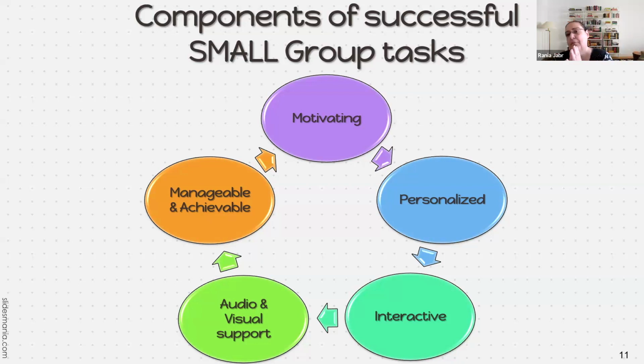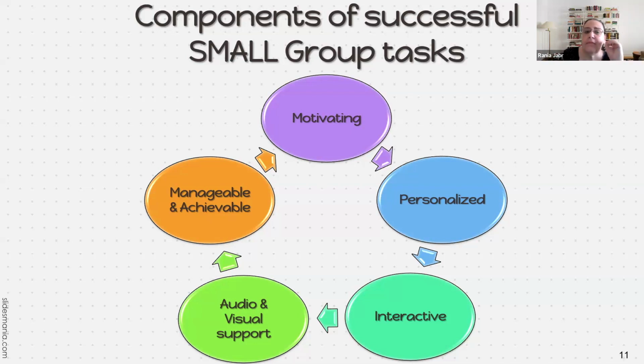The group tasks are interactive. So when I notice that some group is quiet or there's a lull, I do go over to them and try to see what's going on and figure out why they are silent. I want to hear a little low-key buzz to indicate that they are actually working, okay? I help them with audiovisual support. I like to use a lot of pictures on the screen, maybe something from a PowerPoint to get them triggered or excited.